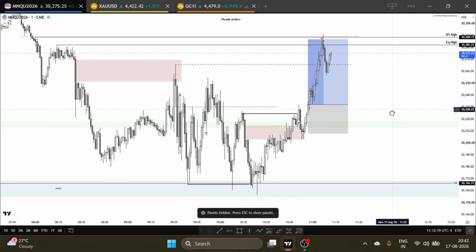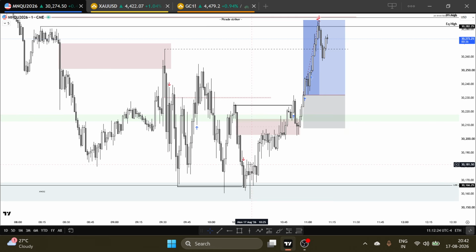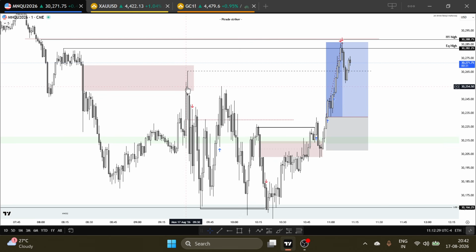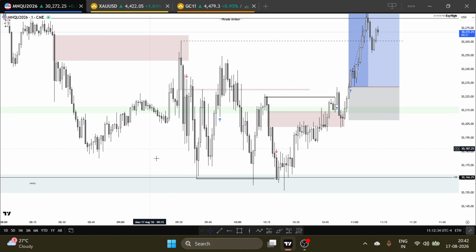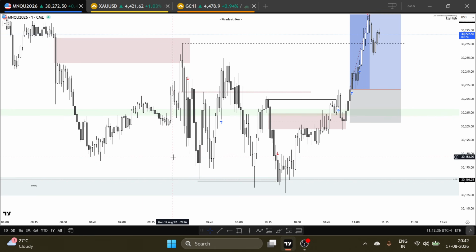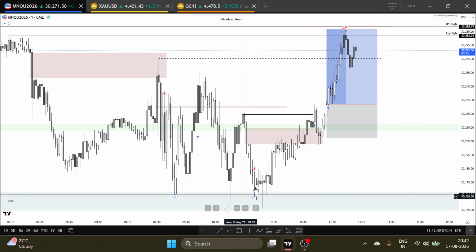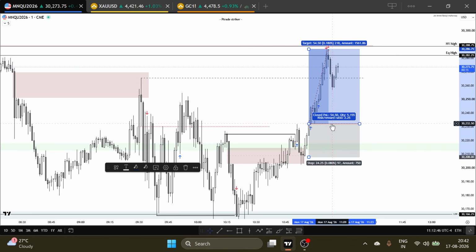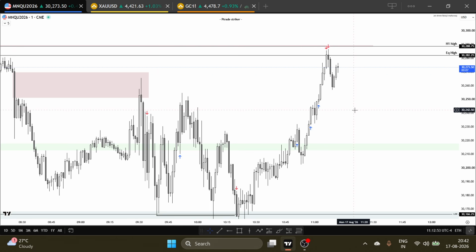So let me give you a quick recap and I will explain what this arrow is and why I took the trade. Today was a very disappointing day for me. Why? Because on this sell I should have trailed my SL to break even after hitting this NWOG. I ignored this NWOG, and after that I realized that price was respecting it and then I took a buy entry. So let me delete all of this so you will understand clearly what the bias was.